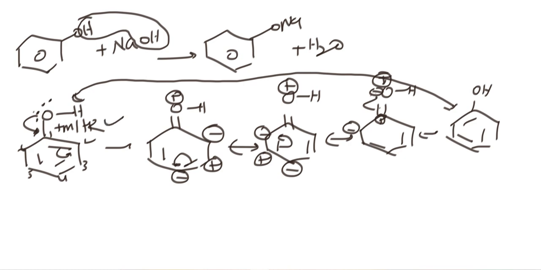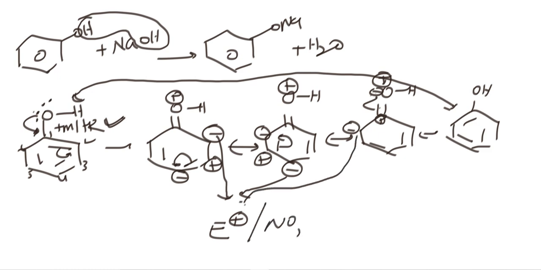That's why it is called a +M or +R affecting nature of the phenol, and more stable. This is because of the resonating structures. Another thing is that the ortho and para positions are getting negative charge. The most important thing is, if any electrophile is there, like nitration, sulfonation, so aromatic electrophilic substitution reactions, no? In those reactions, electrophiles will go and attack ortho and para. So please keep in mind, this is very, very important, like nitration reaction, sulfonation reaction.